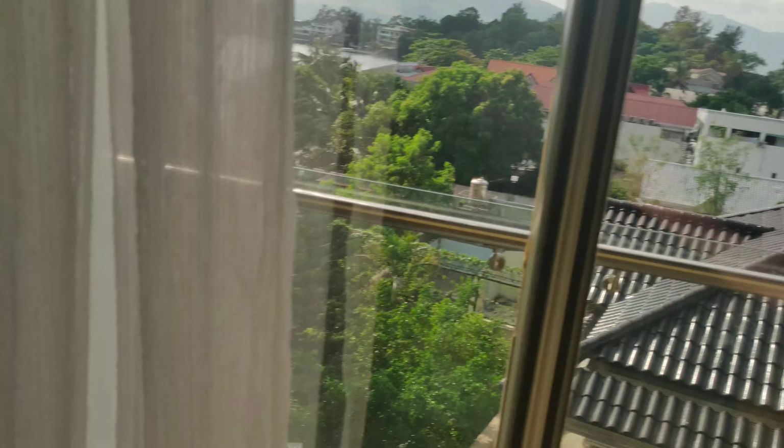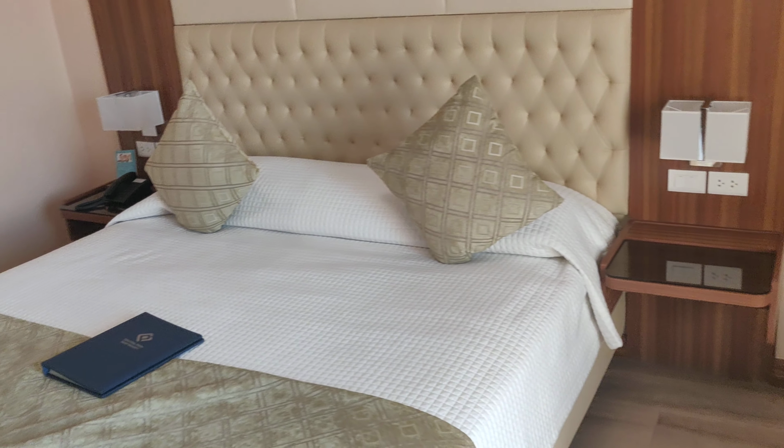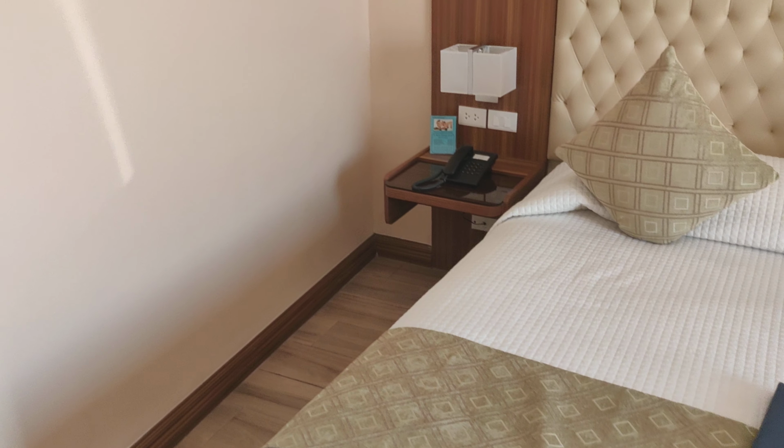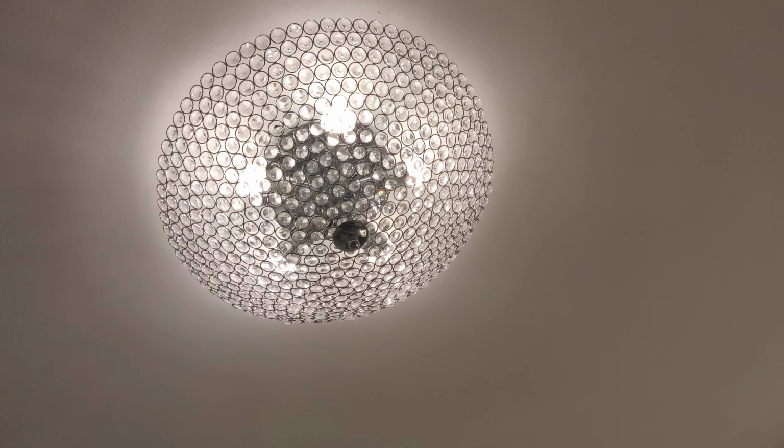But same thing. I mean, it's almost the identical room. There's the chair and the table. The bed looks exactly the same size. Lamps on both sides. The ceiling again is the same vaulted ceiling. Cool chandelier. The only thing different I think about this room, because the size is almost identical, is that right